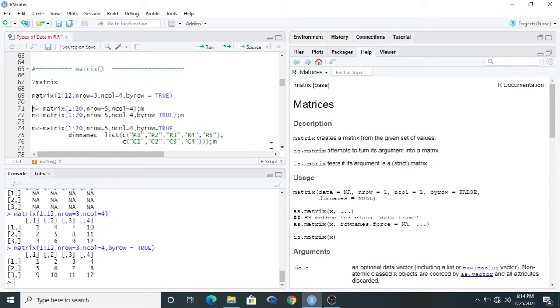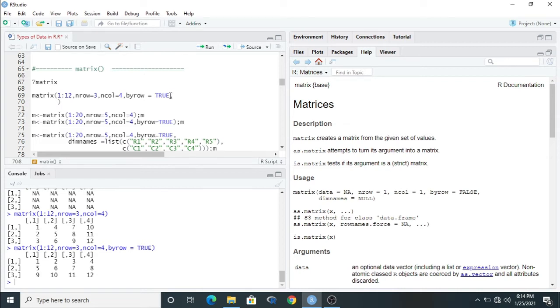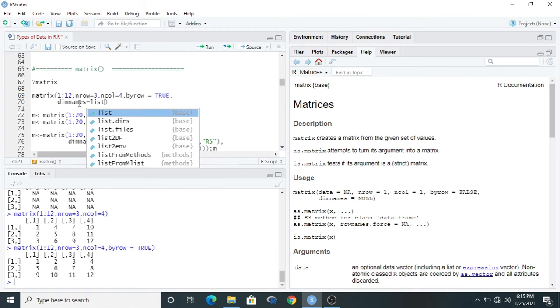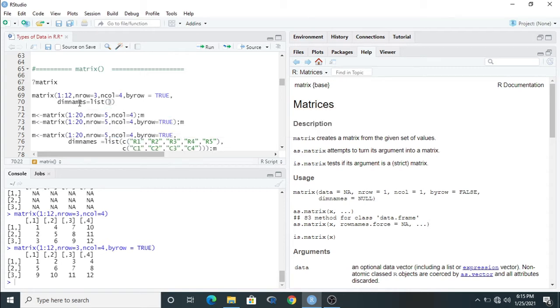Then come to the next, dimension name. Just put here one comma and press enter. Then you can write here dimnames, then put equal, then write a list, because more than one vector will be placed here. Okay, so list, first one.